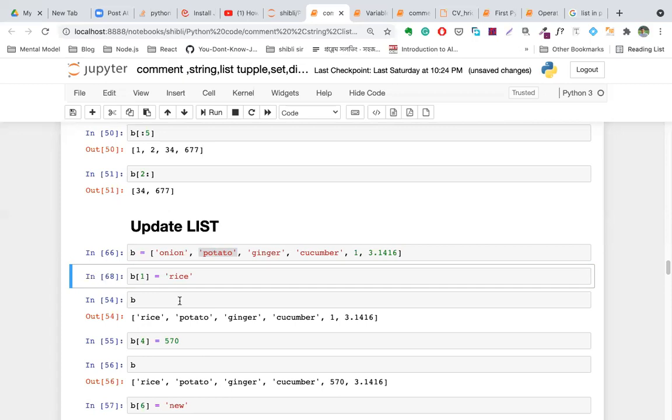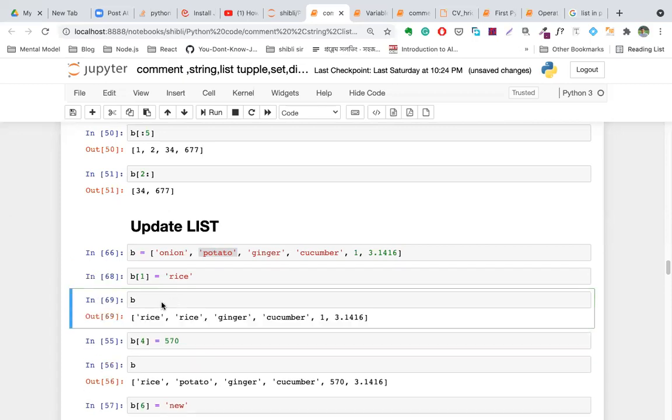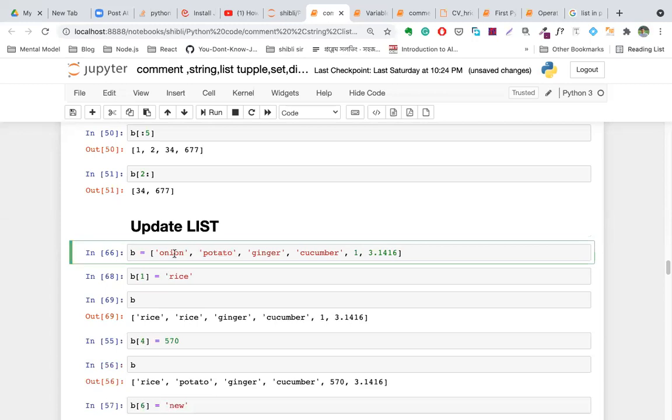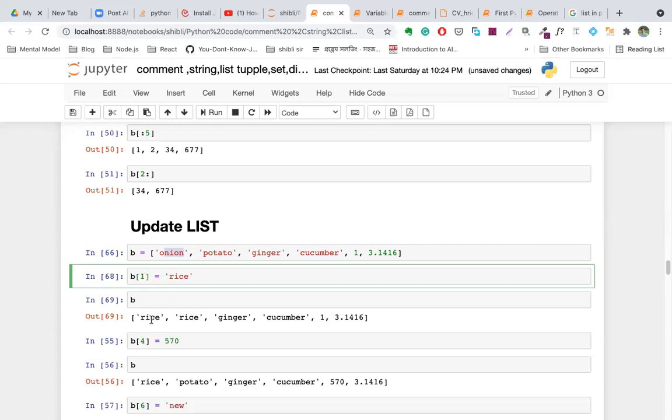Now, if I write B[1] equal to rice, there will be no potatoes in here. It will also be rice. Okay. Look, because I have already assigned rice again. I have replaced onion by indexing 0, and I have already executed the code. That's why it's showing rice. If I declare it again,